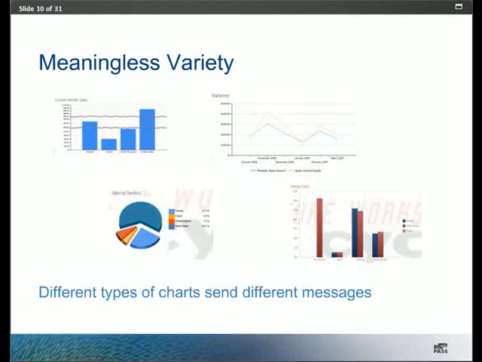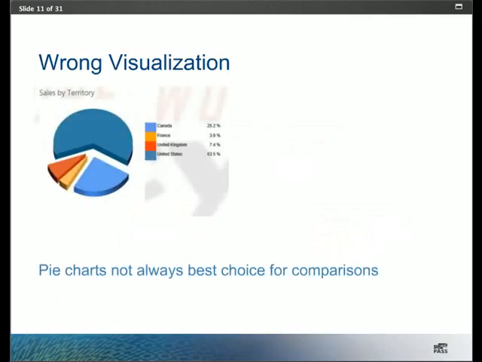Okay, then another problem is just using the wrong visualization, something entirely inappropriate. All the major vendors will allow you to select all types of charts, but that's not necessarily a good thing. One of the things we like to pick on, those of us who do data visualizations a lot, is the pie chart. Lots of people love pie charts, but they're not always the best way to compare things.